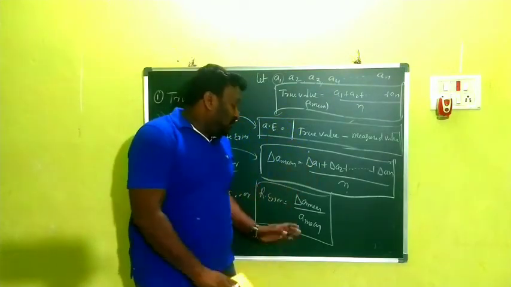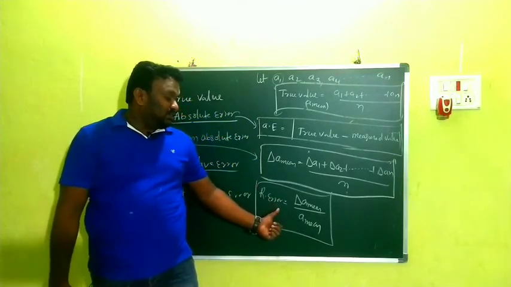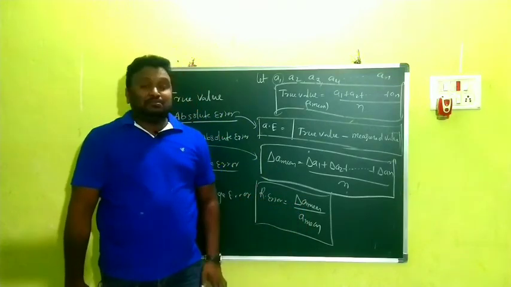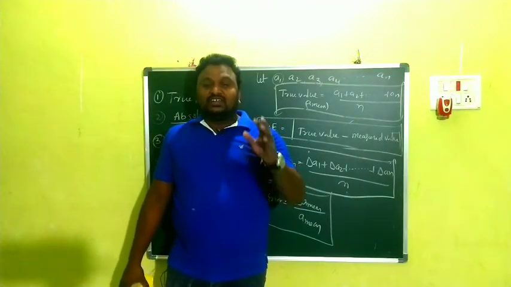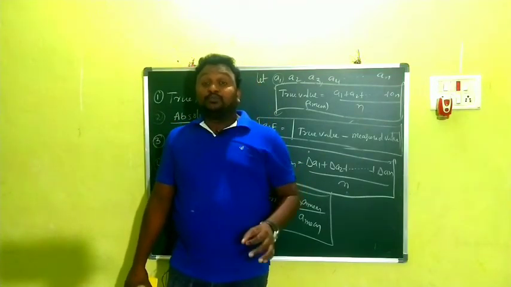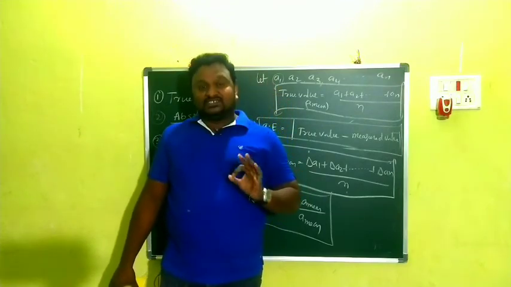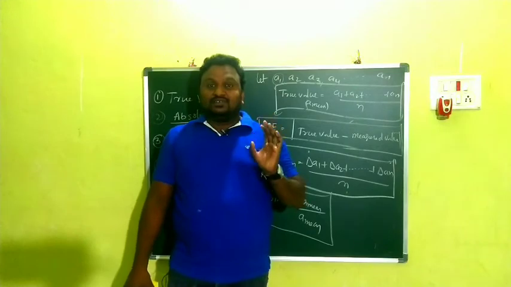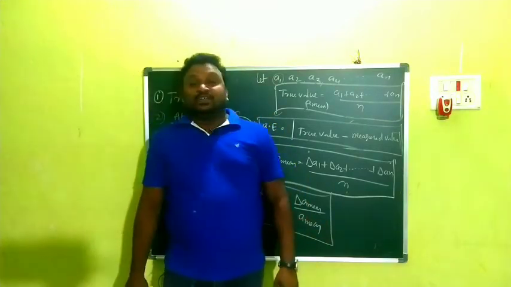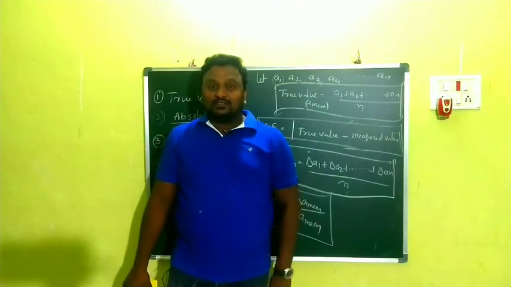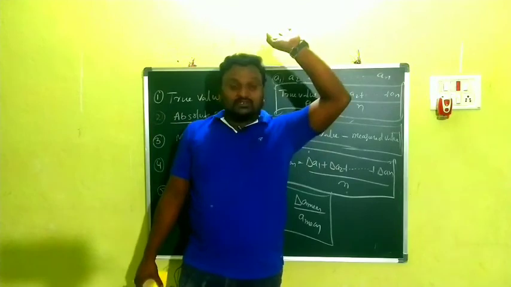From that equation, how can we define relative error? Relative error is equal to delta A mean by A mean. Relative error is just a ratio. In your 2-mark and 4-mark questions and in competitive exams, we have problems on this topic only. Relative error is that important. It seems very simple, but based upon it we have so many problems.